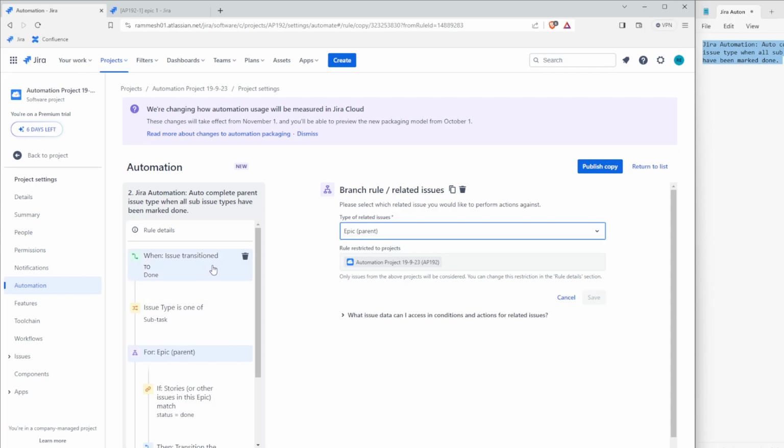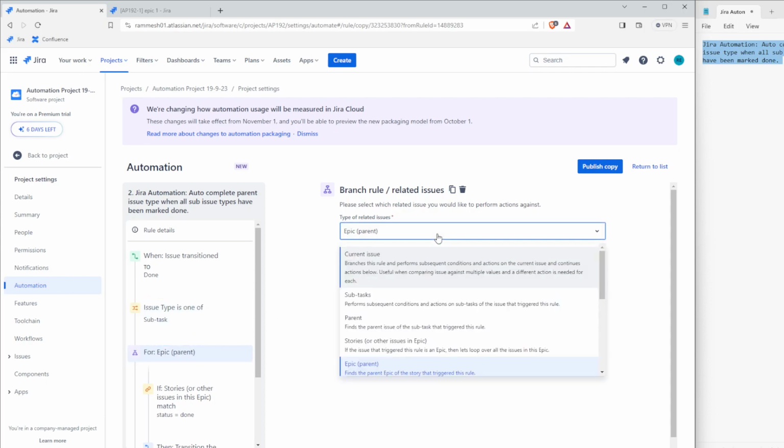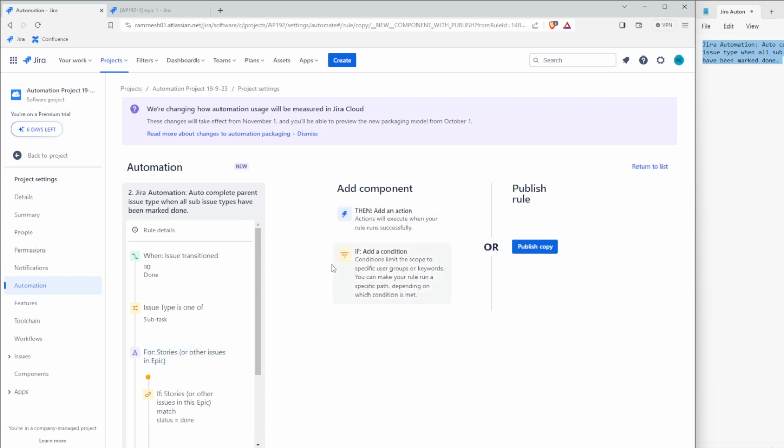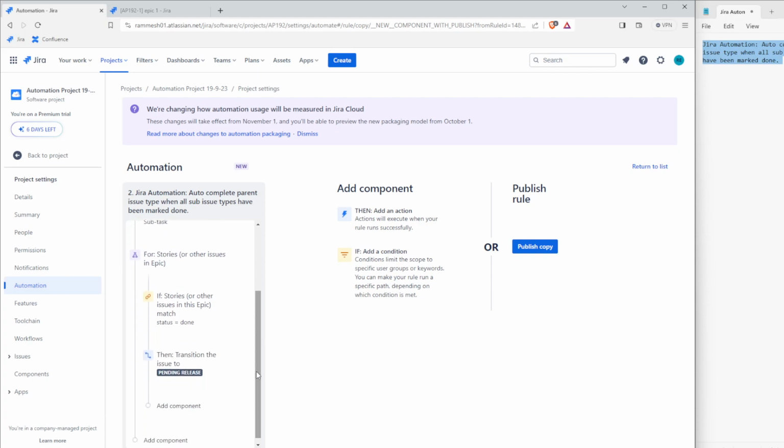now if the issue is transitioning to done status and if the issue type is subtask, then it has to go to the parent of this subtask. So the parent of subtask is not the epic but the user story. So I'll just select this option here, which is stories or other issues in this epic. So it will go to the parent here in this, and after this has gone to the parent, now here